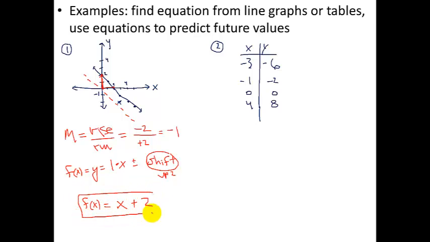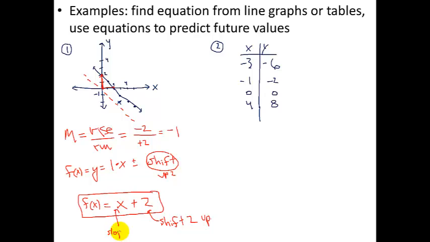Okay, I know that you may have already learned this as mx plus b, so this is your b value or y-intercept. But right now we're going to look at it as a shift up or down from our basic line through the origin in the middle. So this is standing for a shift of 2 upward. And this has a slope of,